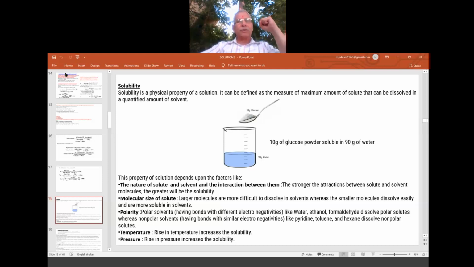Now to know how much of a particular chemical is soluble or mixable or made to dissolve in a particular solvent, what we'll do is fix the amount of solvent. 1 kilogram of solvent or 1 liter of a solvent or 100 gram of a solvent or 100 ml of a solvent. So we'll fix the solvent first. In that solvent, how many grams of a particular chemical is soluble. Then we'll come to know easily whether one is soluble more or less.